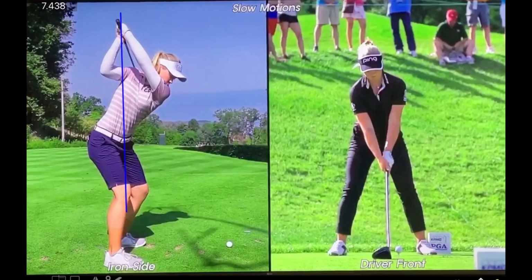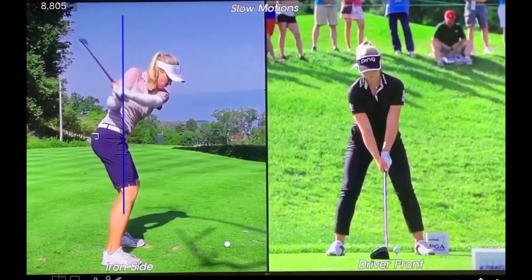And this is what's interesting about her swing. She's going to use a lot of the same, but it's going to be in a slightly different sequence because of the amount of elevation she put in her swing. It's not that you can't play great golf with a lot of elevation and still use a right side push release, which she does. But you're going to watch that she's going to have a big, significant left arm loop here. This is left arm